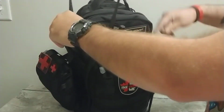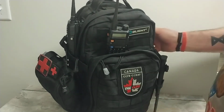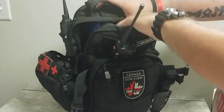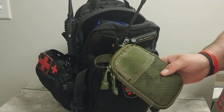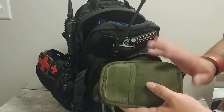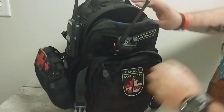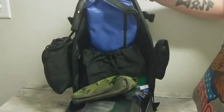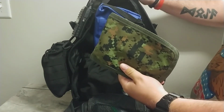Inside, okay, they can spread the compression straps out. I have my little EDC pouch, so if I need to change into shorts, if I'm going swimming or whatever, I put all my knives, different things in that pouch. Now, I have medication,